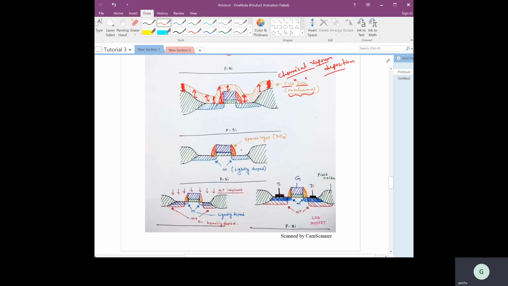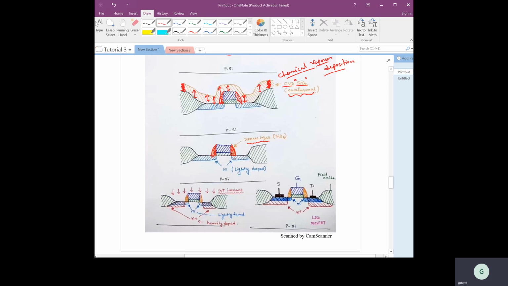Maybe we will discuss this etching a little more, as a separate process, later on. But remember that most of the etching that we use for our semiconductor fabrication process is dry etching, and it happens in the gaseous phase. So I think you have understood why this region of silicon dioxide will be left out here. And this oxide is called the spacer layer. This region is called the spacer layer.